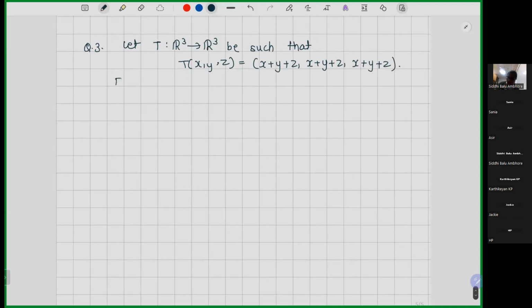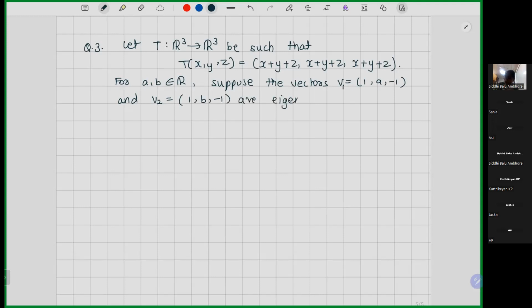For a and b in R, suppose the vectors v1 is equal to (1, a, minus 1) and v2 is equal to (1, b, minus 1) are eigenvectors of T corresponding to